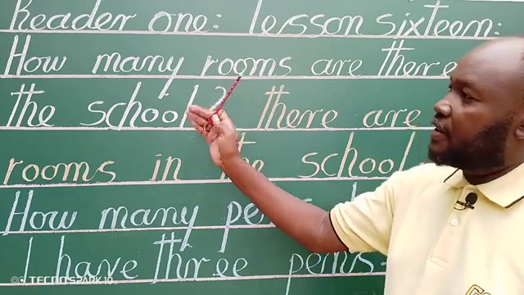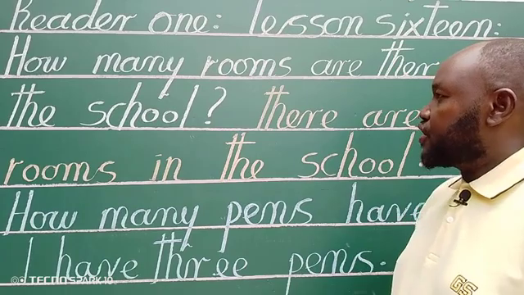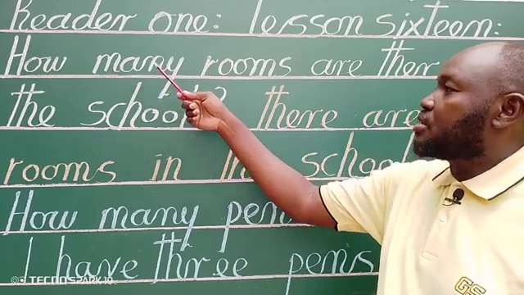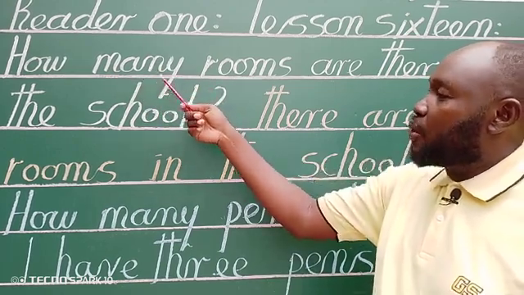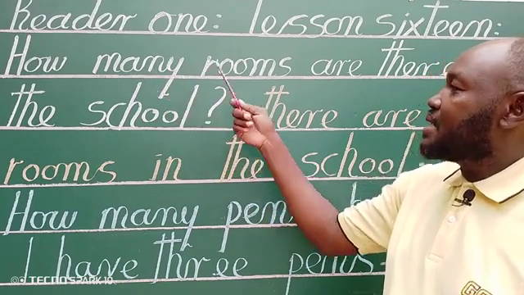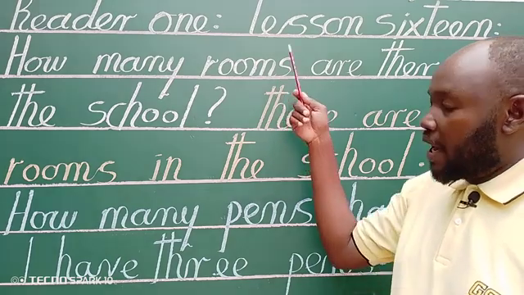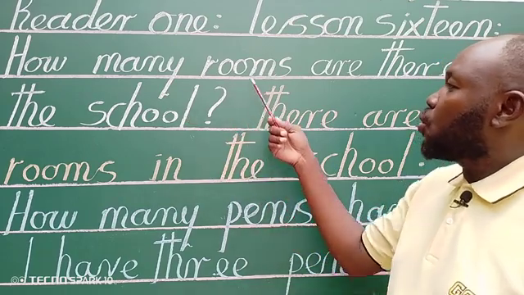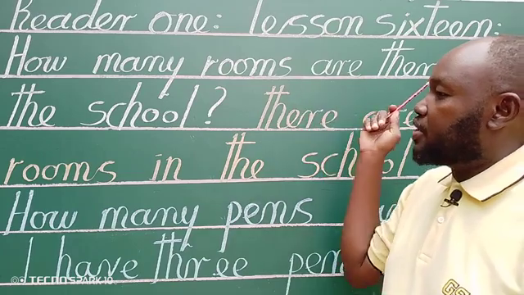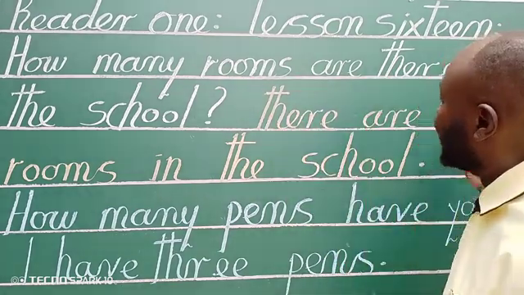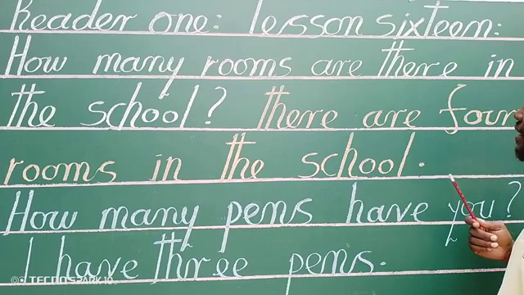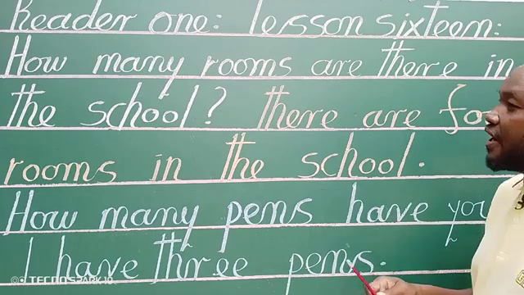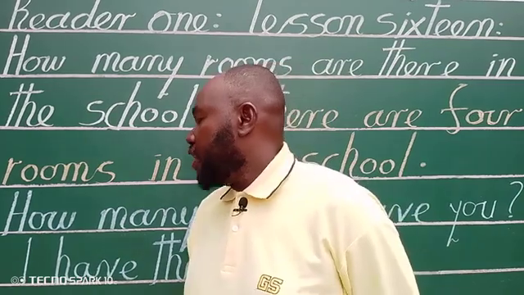When we say how many, this is for countable nouns. Beside this, we have how much. We use how much when the nouns could be uncountable. For example, how much water in the sea? Or how much water in a planet, in the oceans? Water here is a noun that could be uncountable. This is the difference between how much and how many.